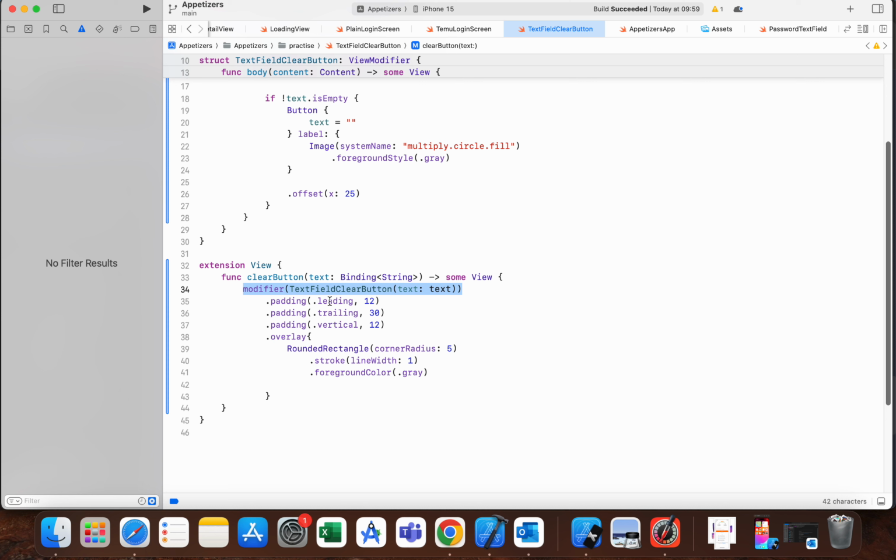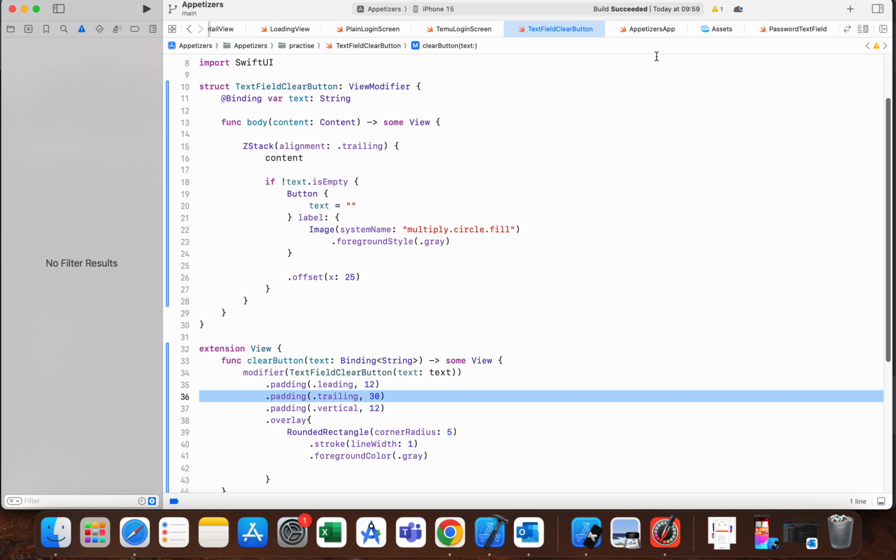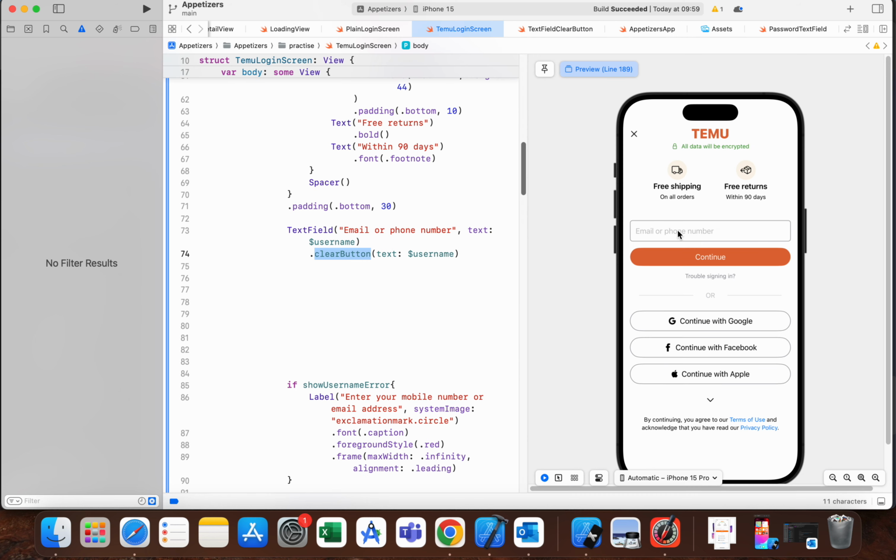So I added on the leading 12, top and bottom 12, and on the trailing part I added 30. After that I added an overlay rounded rectangle with some corner radius. You can modify that. Stroke color, stroke width 1, color gray, that's really not important, but this is the important part. So trailing 30, I added that because